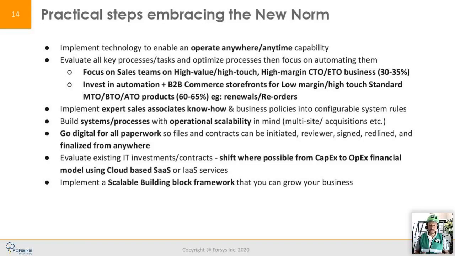Those are the make to order, the build to order, the assemble to order life cycle business parts of your business in Precast, which represents 60 to 65% on average is what we've discovered. If you can shift a lot of that work, the workload and the attention in sales and sales engineering and order lifecycle processing, so those renewals can be done through a digital process that is low touch, but you focus on your high touch, high margin business like the ETO and the CTO business, that can be a game shifter. And we think that's actually a good thing to promote in terms of focusing that.